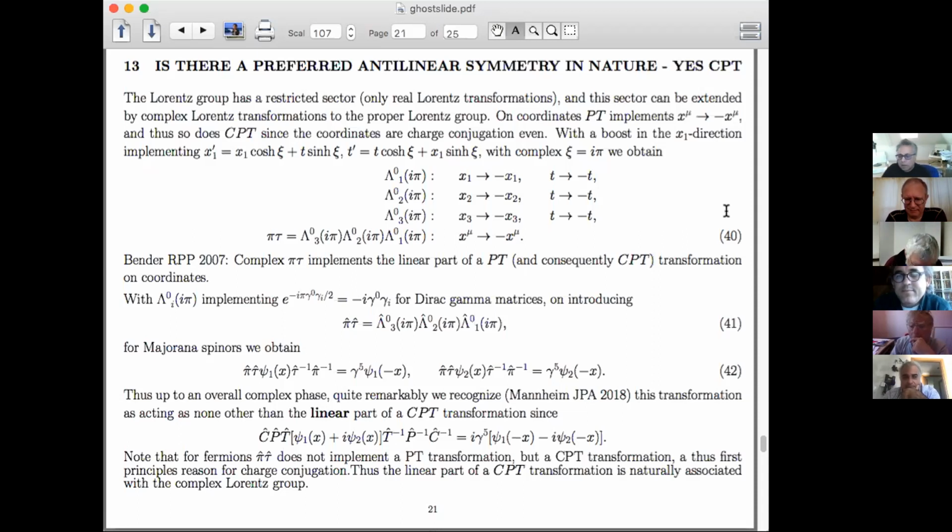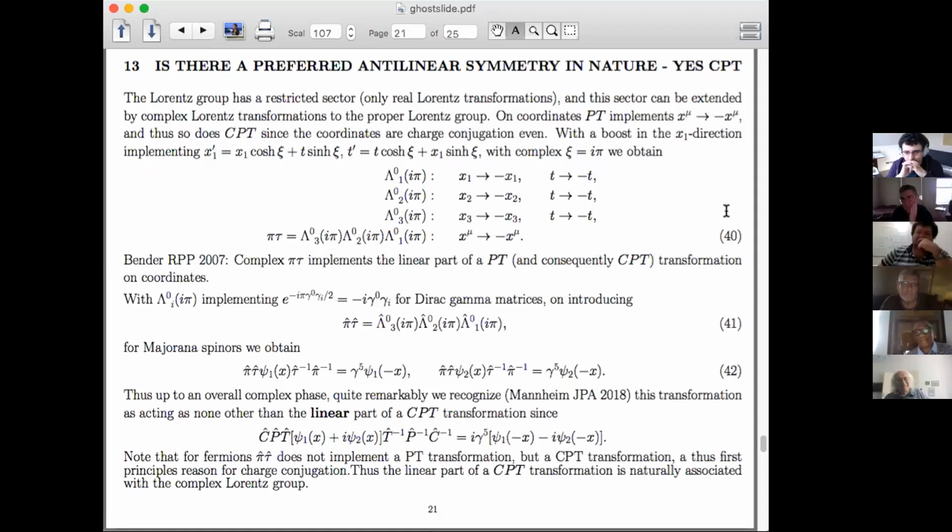It's only when you realize that you have to change the definition of the S matrix that you can see that there's a richer set of options. And that's why I focused on the CPT theorem and asked, what is the minimum set of assumptions that I need in order to establish it? And the really nice one, which I got from Carl's Reports on Progress in Physics paper, was complex Lorentz invariance. Now Carl and I are a little bit different because we don't regard complex numbers as in any way unusual.